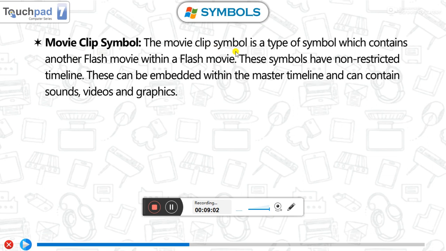A movie clip symbol is a type of symbol which contains another Flash movie within a Flash movie. These symbols have an unrestricted timeline, meaning they can be embedded within the master timeline and can contain sound, videos and graphics. This is all about the types of symbols.